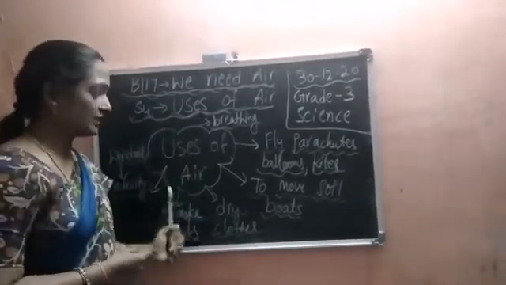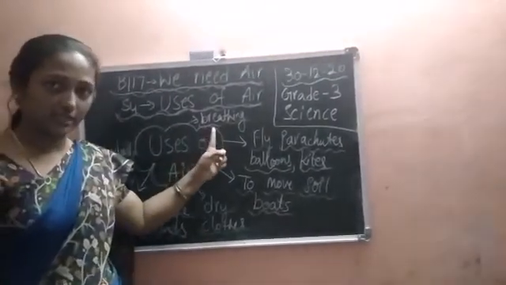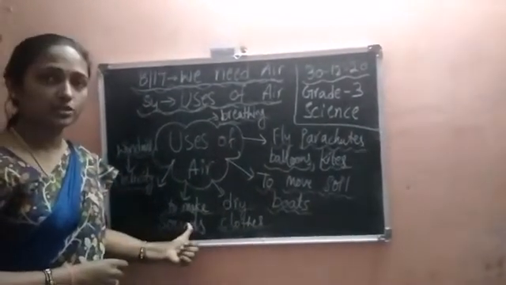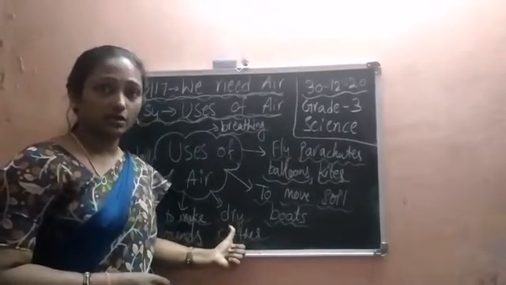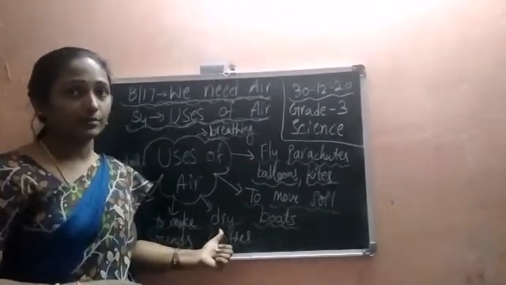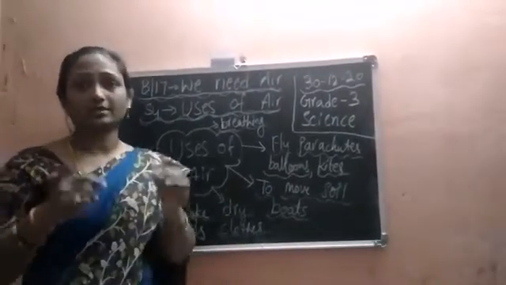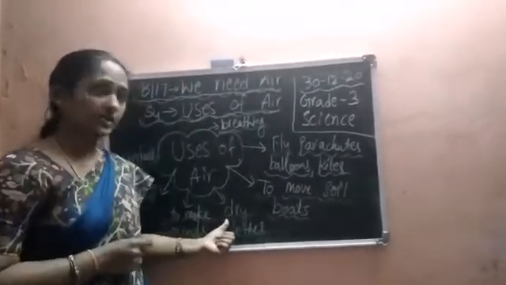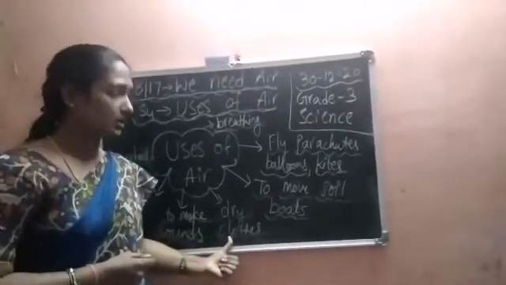So what are the other uses of air? Air helps us for breathing, air helps us to produce electricity, and air helps us to make sounds. And you can see your mother, after washing the clothes, dry the clothes in the hot sun. And also sometimes on a windy day, you can see your mother putting the clothes under the fan. When the fan moves, you can feel the air. Due to that air, we can dry up the clothes. That means air also helps us to dry clothes.